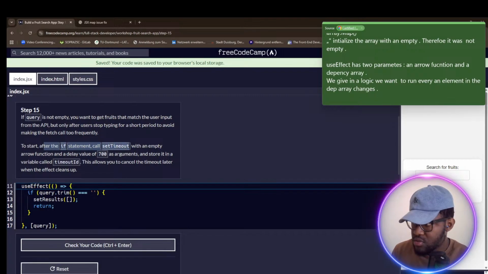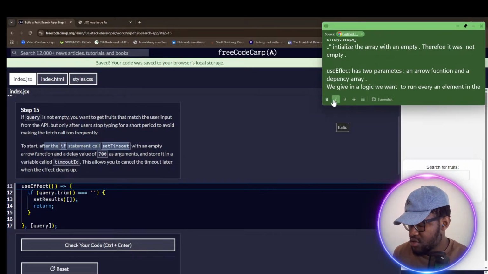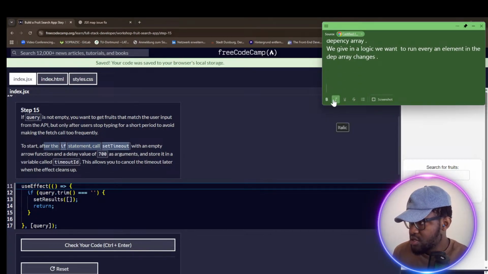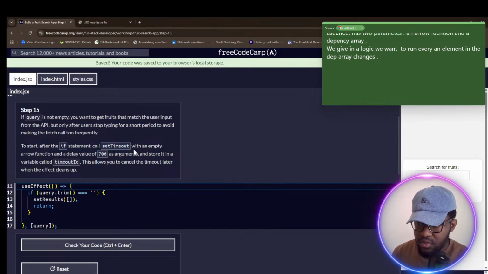Set timeout is like an asynchronous function that basically waits a certain amount of time before executing the code in its logic. So call with an empty arrow function and a delay of 70